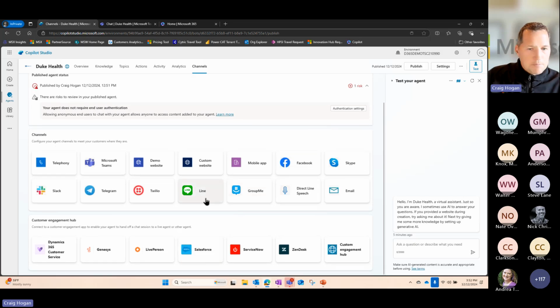And then lastly, this piece here is our customer engagement hub, which is: I've given you some instruction, I've told you how to engage, and it's just not working. I want to escalate, either talk to somebody or create a ticket. I would love to obviously talk about customer service with Dynamics 365, but we have other platforms that I can now extend to and create that ticket.